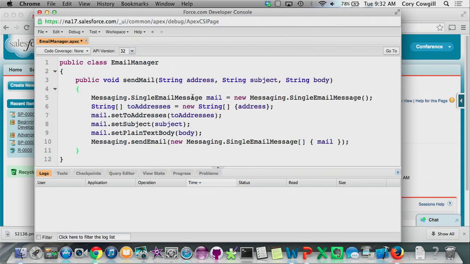So let's take a minute and look at this method that we've built here. Public void sendEmail. This method is not going to return anything. It's a void. That means it's not going to return anything. And then I'm going to pass in an address, a subject, and a body. And then what we're going to do is use a standard library class called